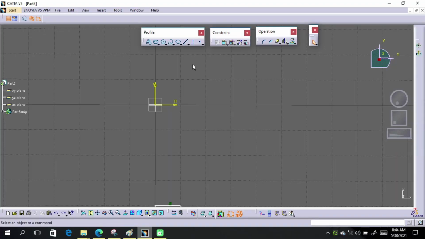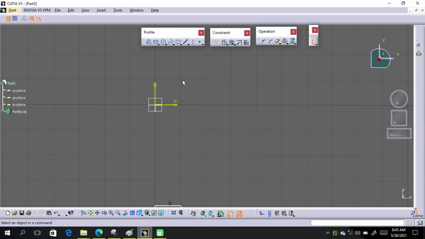To activate any tool, just select the tool. Or to drop any tool, just click on the activated tool again to drop the tool. Or you can press your escape key twice to drop any tool, like activate the circle tool and press your escape key twice to deactivate this activated tool.